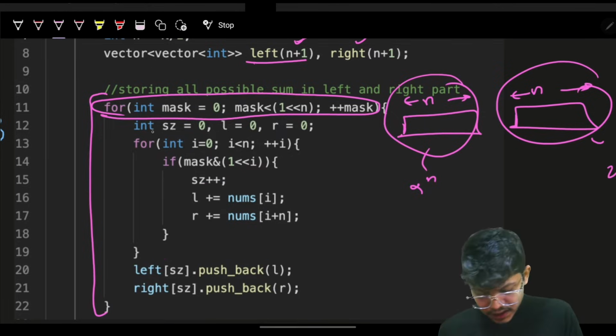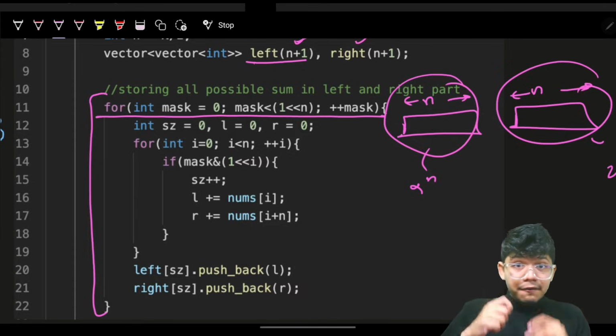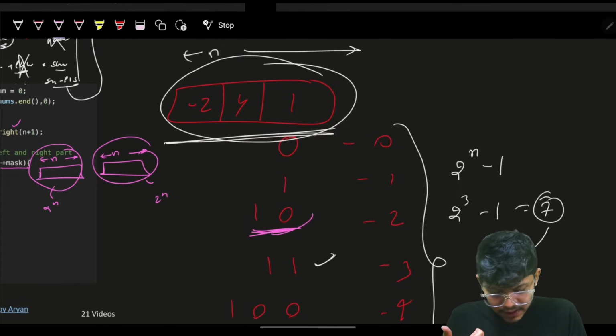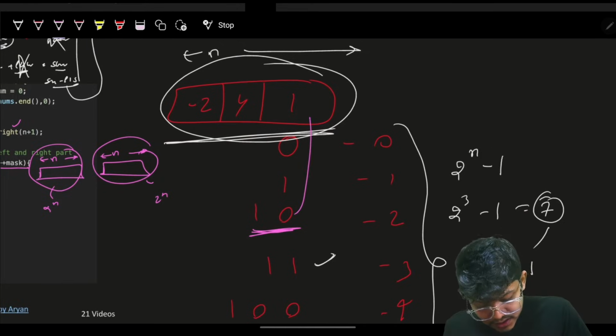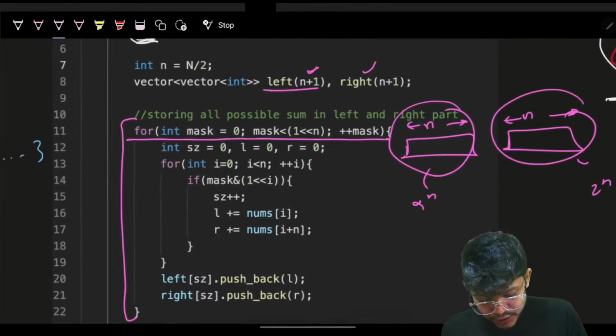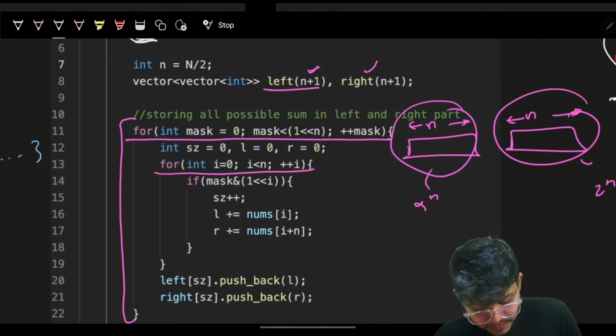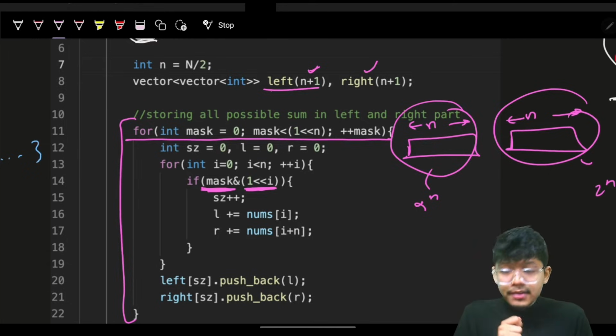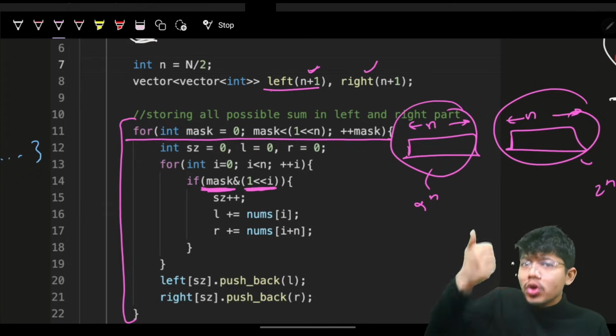Have a quick look. Firstly, this mask will help me the same way I actually built this mask. Let's say this mask is this. This helps me to say that I should not take this value, I should take this value, and by default all the other values are 0, so I should also not take this value. This is how my mask helps us to actually build my answer. So I'll go on and iterate on all the elements. Now whatsoever my mask says, if the mask says the ith element is good to take,